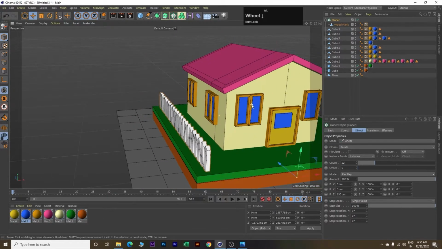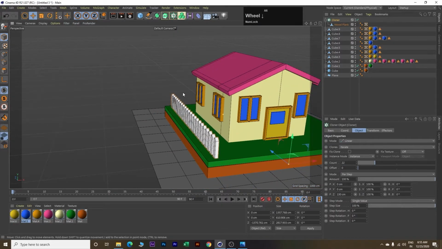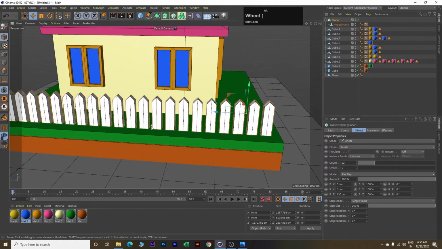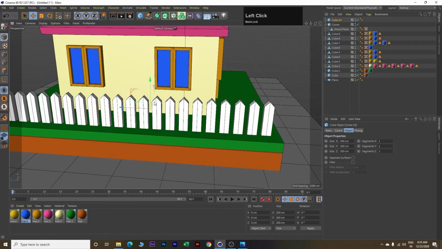Next, we will copy this fence, but before that, we will insert one more cube. Click on this cube, bring this cube outward, move it a little up and resize. Make this X value as 30 and make this Y value as 80.